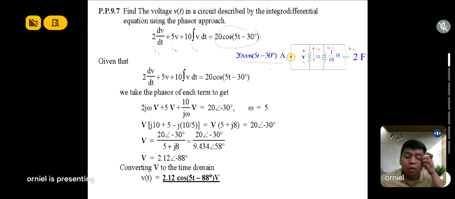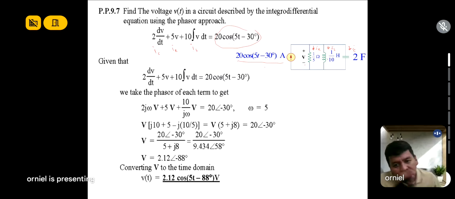Now, as you can see, now to get the value of V, okay, by time domain, we have 2.12 angle of negative 88. Okay, make sure no, that your final answer will be always like this, naka-time domain. So to convert that one, to convert this phasor domain voltage, we have 2.12 cosine 5t and so on and so on. No? So, ingani ang pag-apply sa phasor into a circuit. Basically, this is how it's being done. No? So, do not worry.